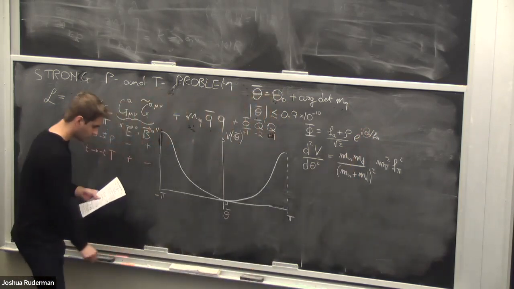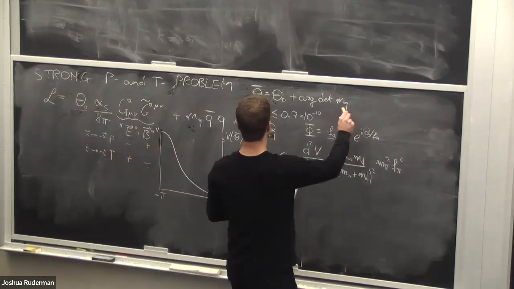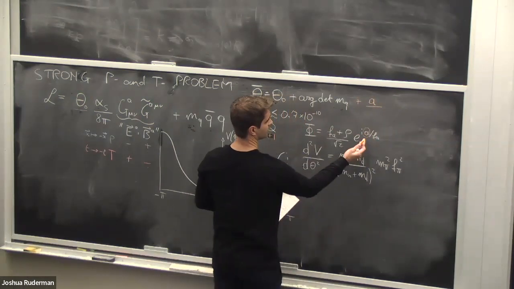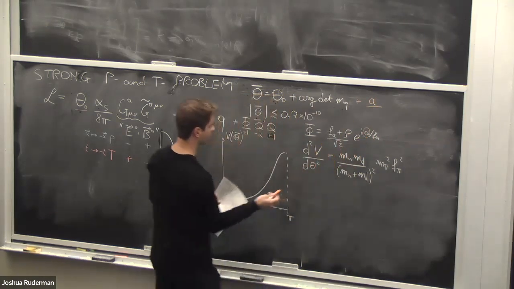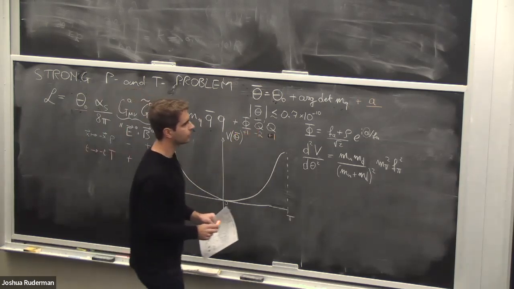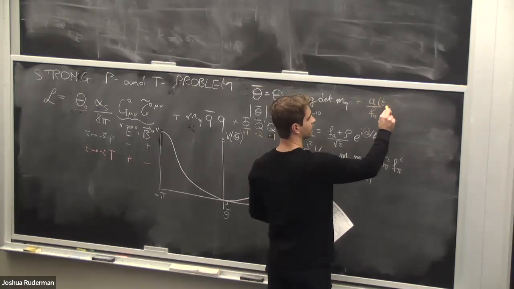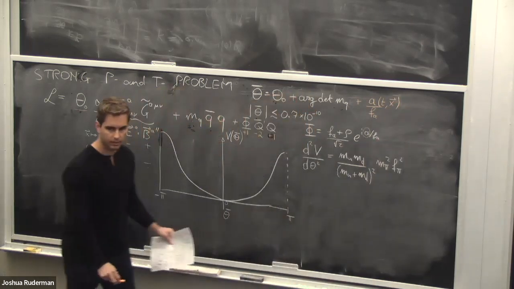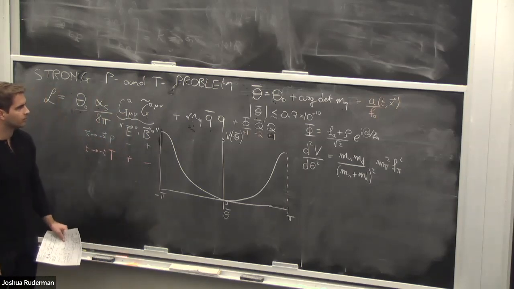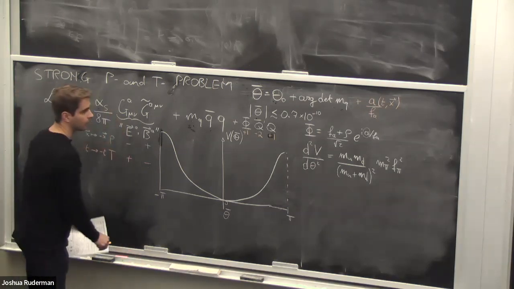Okay. And so if you do this, then you add to your Lagrangian this theta parameter, basically this new phase, because this is part of the phase of the total quark mass determinant, which includes both the light quarks and this now heavy set of quarks. So now you make the effective theta parameter dynamical. So this a field is now something that can vary as a function of time and space. Okay, so that was realized by Weinberg and Wilczek in 1978. So basically, now theta is dynamical.